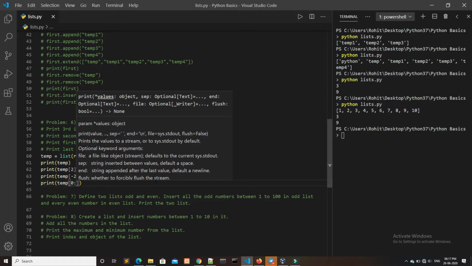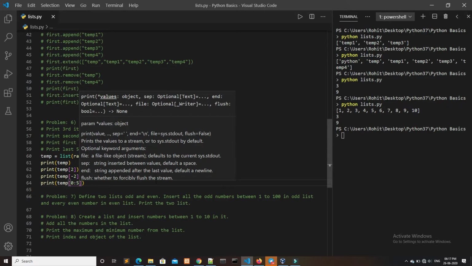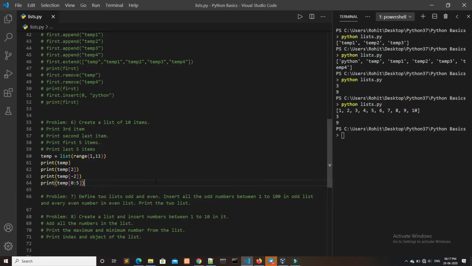So here we will write 5 because by default it will not count the position number 5. It will print the values from 1 to 5. It will not include the value at position number 5, that is 6.